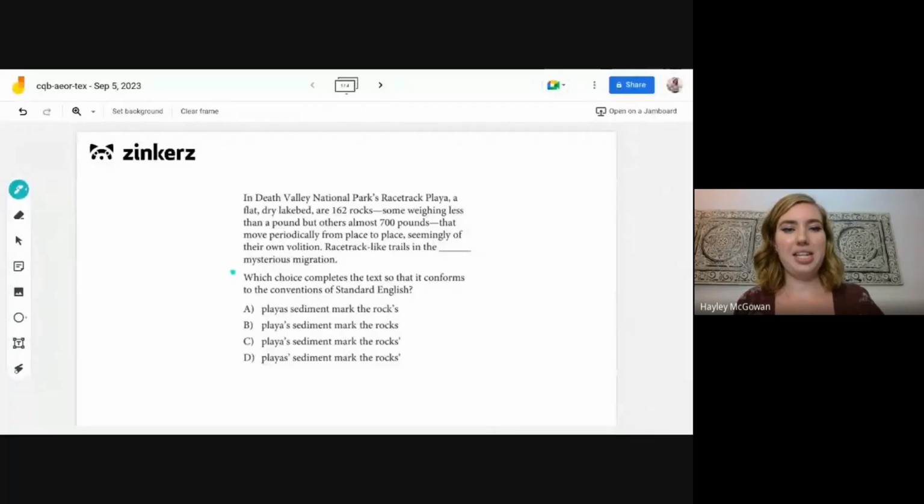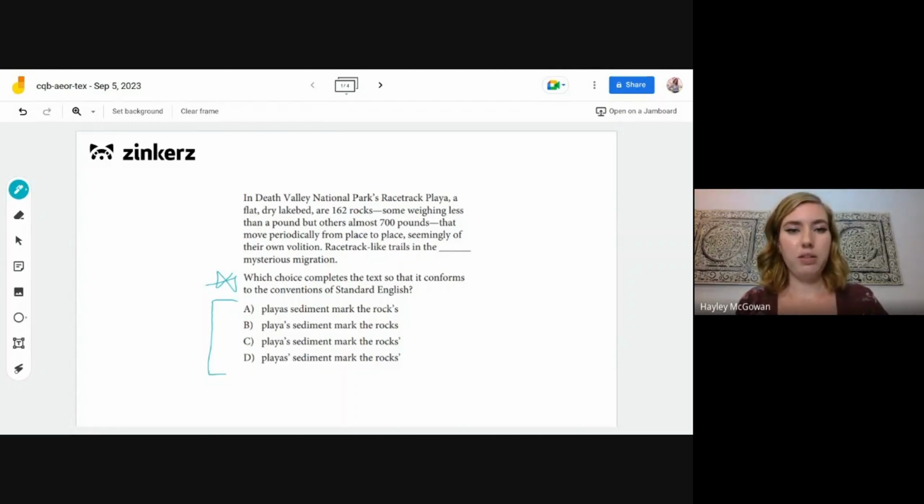All right, so for today, we can tell that this is going to be a writing related question. And looking at our options here, we can instantly tell it's going to be a question about possession. So we're going to be thinking about which words might need to be possessive here in the passage and how to form those possessive forms.